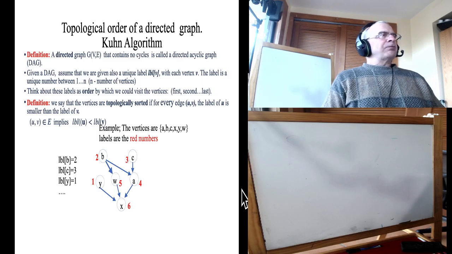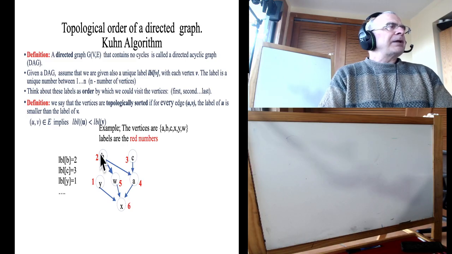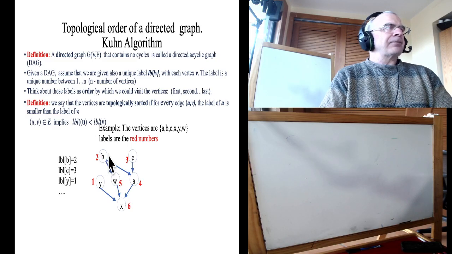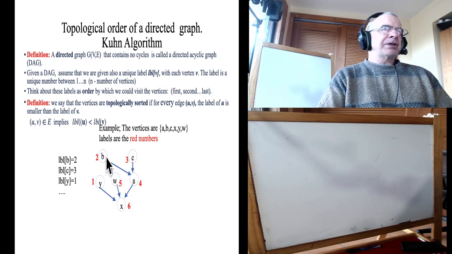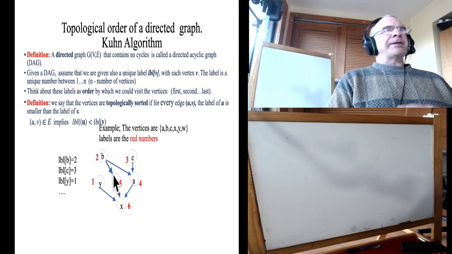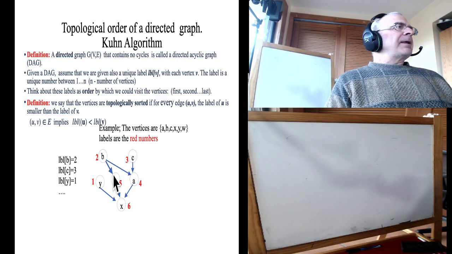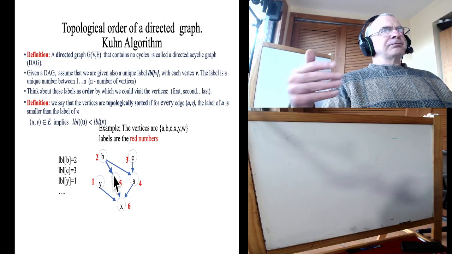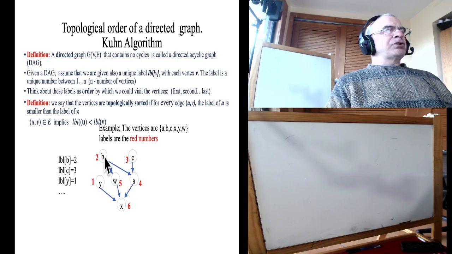So let us define what is a topological order. I'll assume that my graph is a directed graph. Edges, every edge is an arrow. It has a direction from one node to another node. And I think the best example that I can think of about the types of graphs that I'm talking about are graphs that have some priorities. Each node is some task, maybe even a computer task, and the edge tells me that